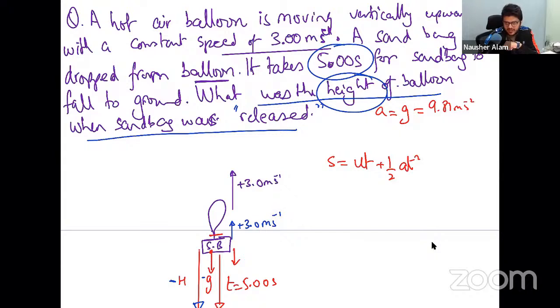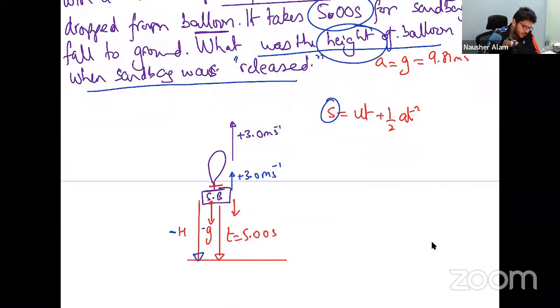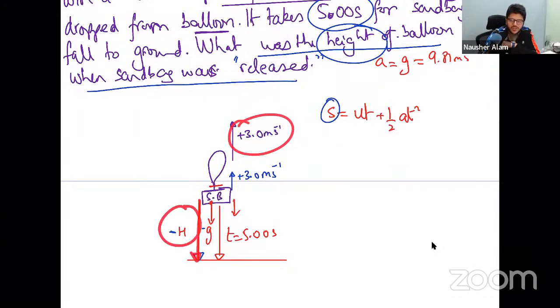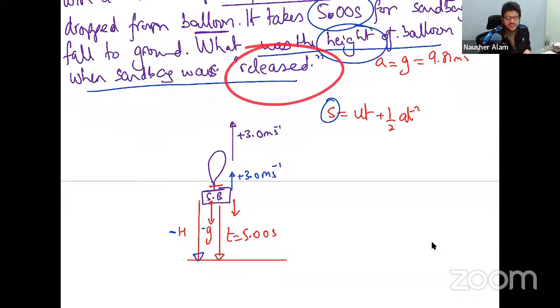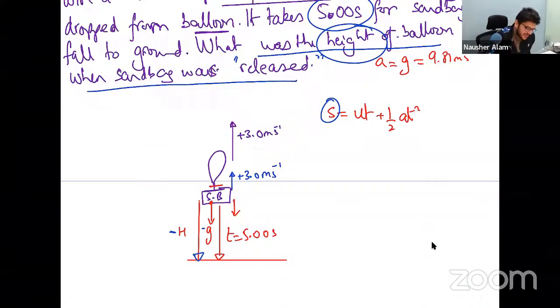हसन, ये सारे वेक्टर हैं, राइट? So displacement वेक्टर है. अब आप मुझे बताएं, आपने अगर अपवर्ड डायरेक्शन को पॉजिटिव लिया हुआ है, जिसका मतलब है डाउनवर्ड डायरेक्शन को नेगेटिव लिया हुआ है, तो शुड आई राइट प्लस एच और माइनस एच? आप नीचे जा रहे हो या ऊपर जा रहे हो? When the sandbag is released, तो नीचे जा रहे हो, इसलिए हम इसको माइनस एच लिखेंगे. Is equal to,